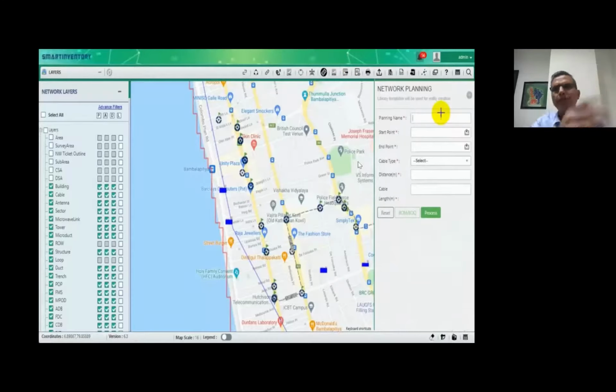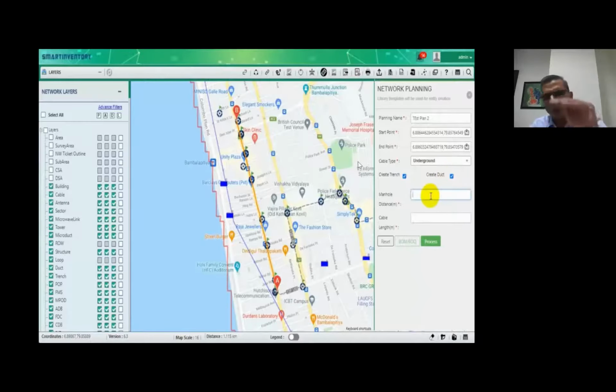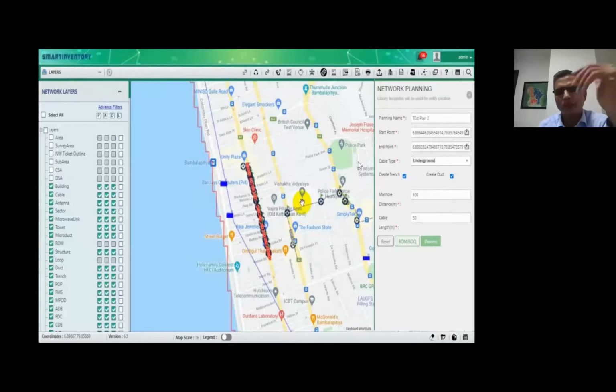So you create a plan, you give the planning name, you create a test plan, and then it can convert in your project itself. You give the start point, select it on the map, or you can even enter the addresses. You give the endpoint. You select what kind of cable you want. You can create the trenches and ducts together. You give some configurations about how much is the manhole distance or the cable distance or the cable length. You give those parameters. You just click process, and then within seconds, this is able to create the whole network